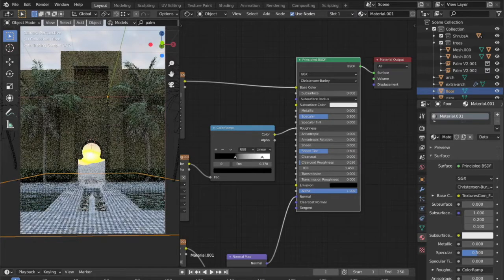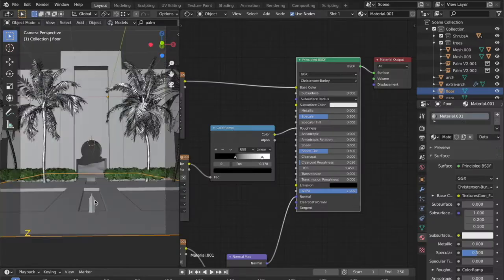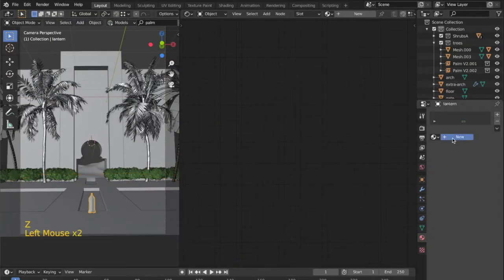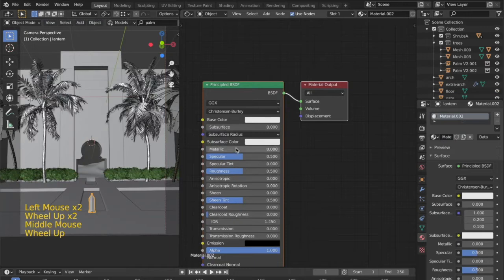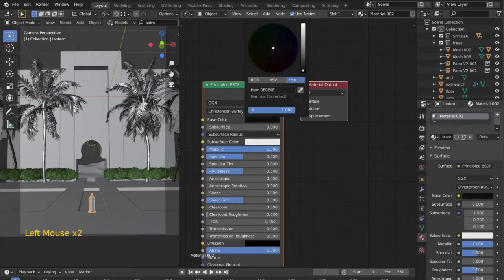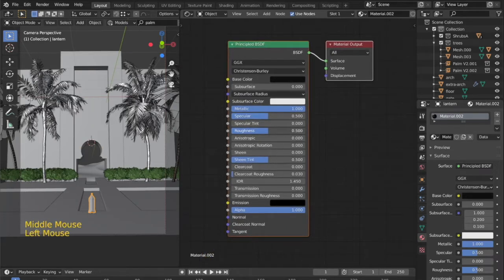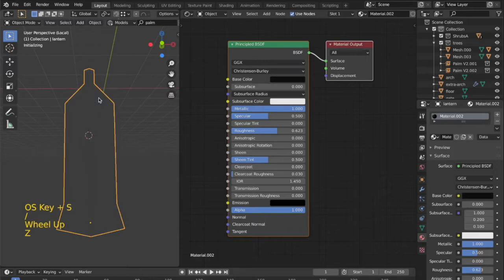So now most of the textures along with the water plane have been set. Now the final thing that we have to do is add a material to the lamp and give it a light to emit. So for that I will go over here and simply assign a new texture. I will give it a metallic value of 1, bring it to almost black and increase the roughness a bit.